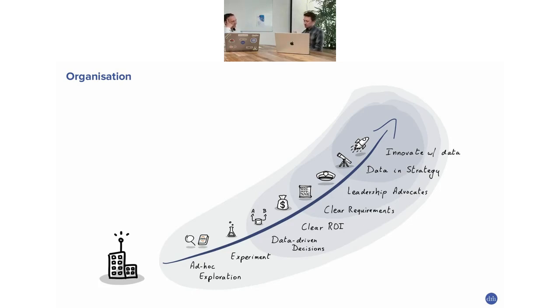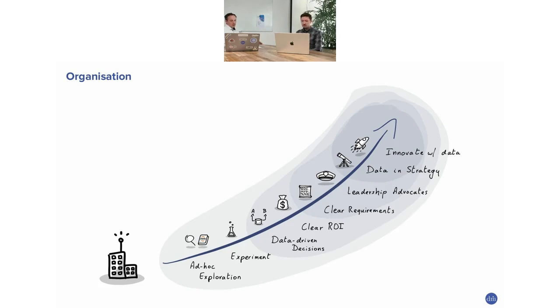And you see words like data and machine learning, AI, appear in the strategy and the vision of the company. And that's the point where the leadership of the organization is actually fully aware of what's going on or what you can do with data. And that's the opportunity to start innovating, to build new use cases, and to start scaling as an organization. Well, you still need to execute on that vision, but having data as a centerpiece in your company strategy is a big step up, right?